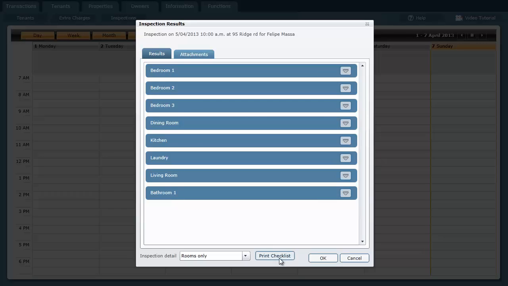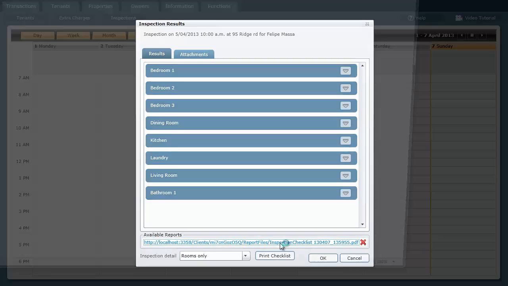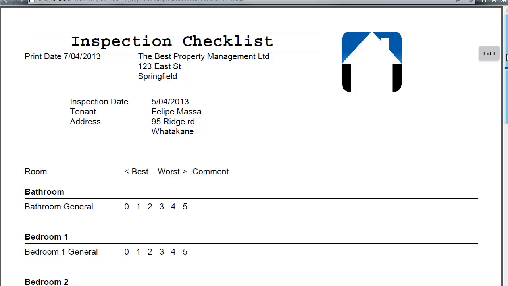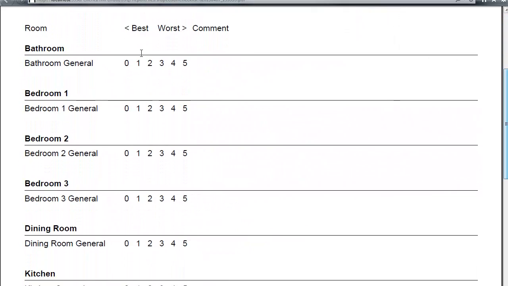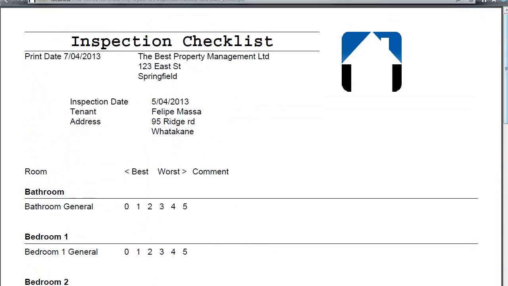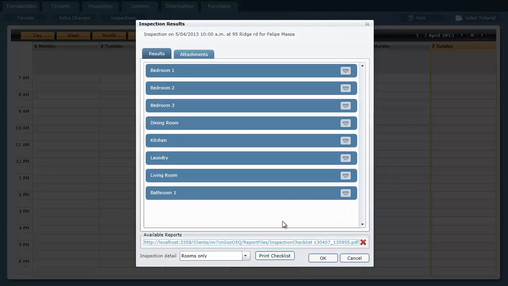Now what we can do at this point is we can print our checklist, and this is something that we can take with us if we want to do an inspection and to record everything on a piece of paper. So a checklist looks a bit like this. So it lists out all our rooms. We can rank everything from best to worst, so we just put a circle around whether it's a 1 for best or 5 for worst, and we can manually write some comments in here. So that splits out every single room. Also on the checklist,